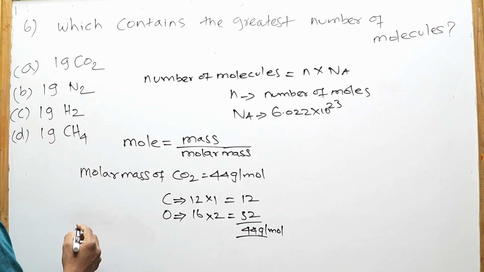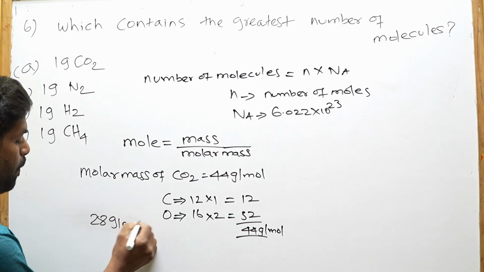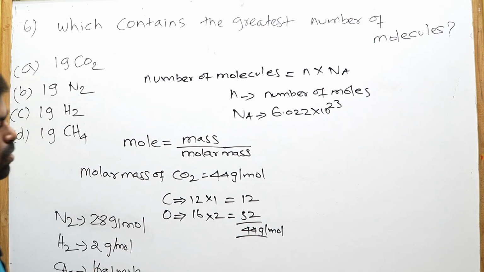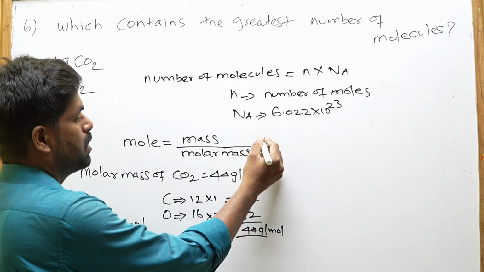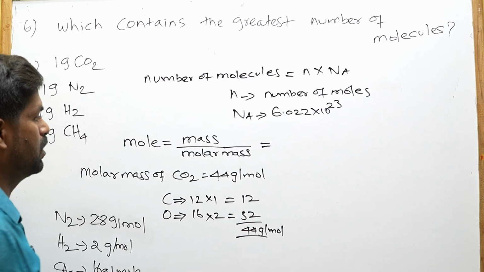Similarly, the molar mass of dinitrogen is going to be 28 gram per mole. For dihydrogen, it is 2 gram per mole. For methane, it is 16 gram per mole. Now look at these equations. Since the mass for all four, carbon dioxide, dinitrogen, dihydrogen and methane, is the same, therefore the